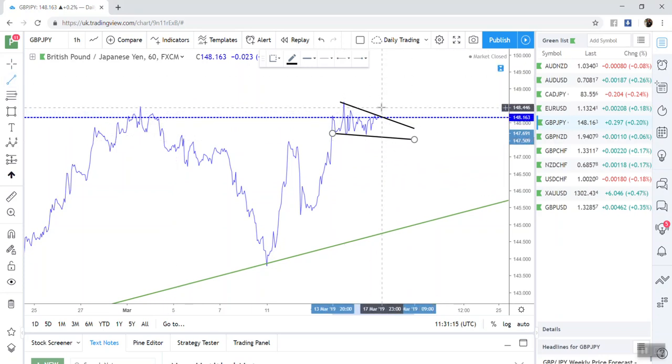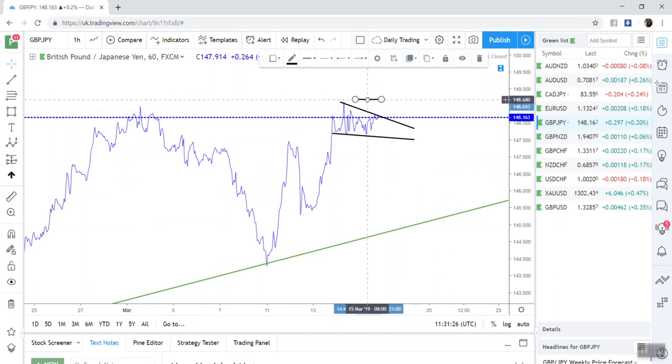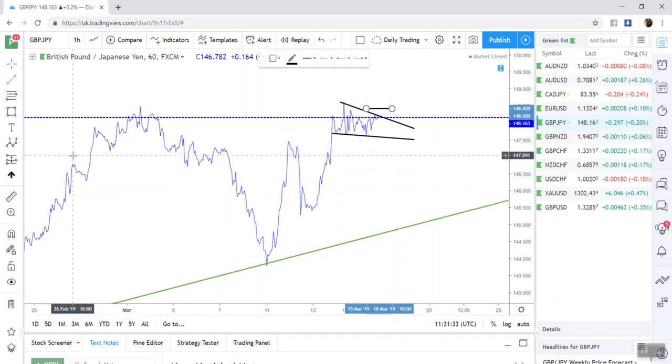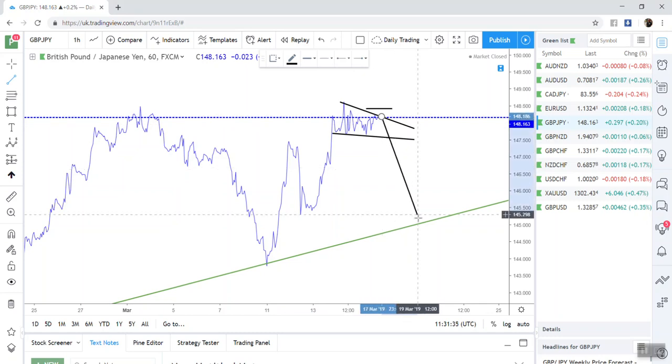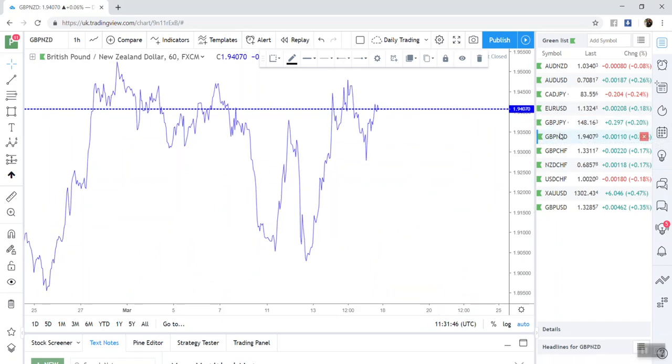you know, from here you could put your stop loss above here and look for it to come down, but just be aware that it could go up first, but with your stop loss tight, your risk to reward is very nice. Or you can wait for it to break this, possible retest, and then drop down. Pound NZD,